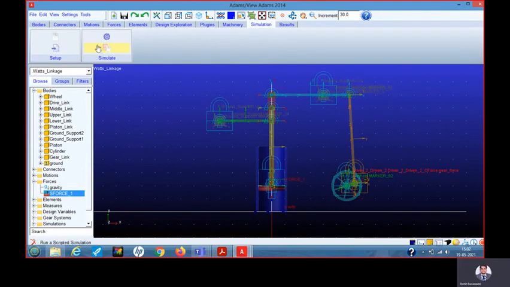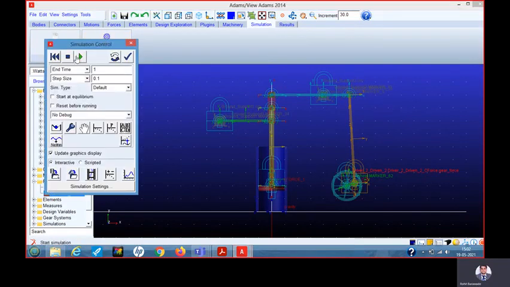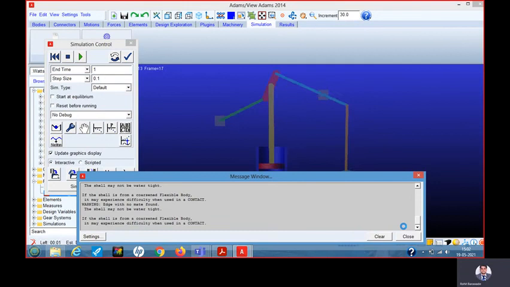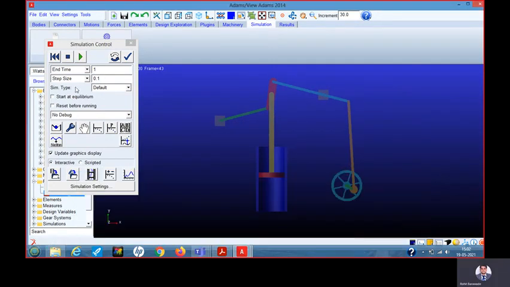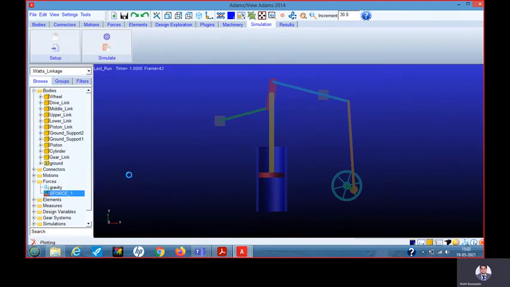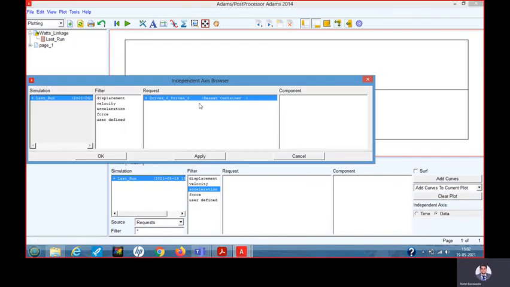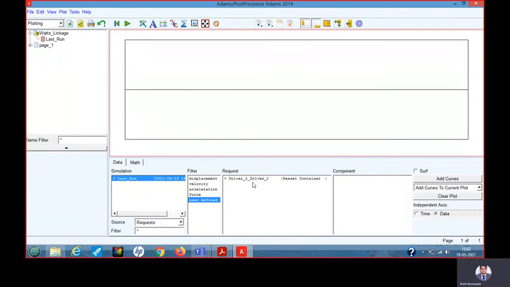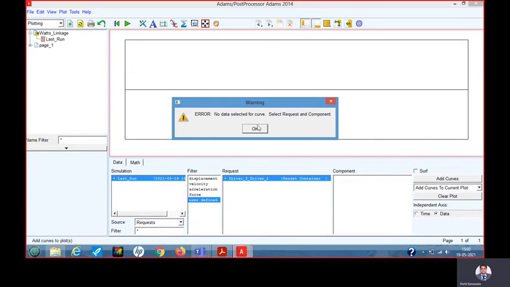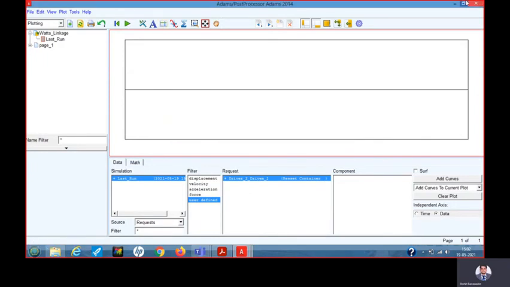So what we do, we go further to simulate analysis. Okay, close it, then linear mode. But here it is not coming, I don't know why. So anyhow,